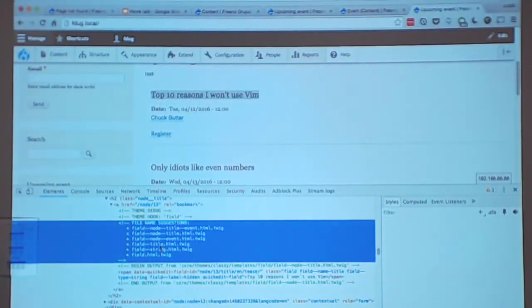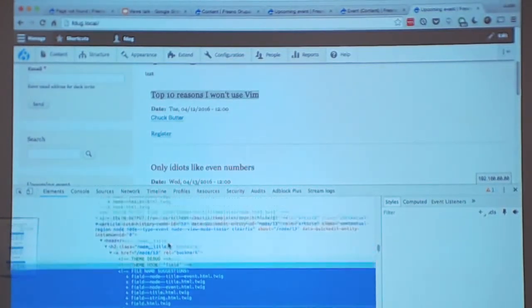This is a similar idea to what it used to be with views. The names were ridiculously long, and that's where the value of naming your machine names, rather than doing block one or whatever, made a lot more sense. You'd name it something sensible to what you were trying to display, so you could find it in your template. You'd have like 30 of these view templates in your theme. But what they're trying to promote is using the built-in twig